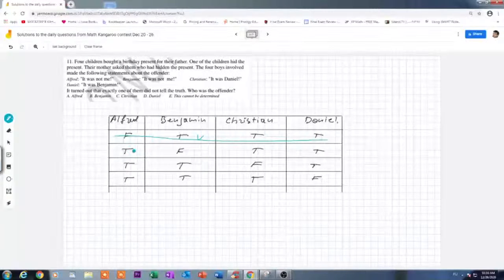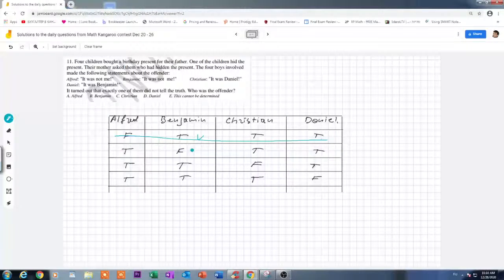He said the truth, so it wasn't him, right? So it wasn't me, so he lied. It means that Benjamin hid the present. Then